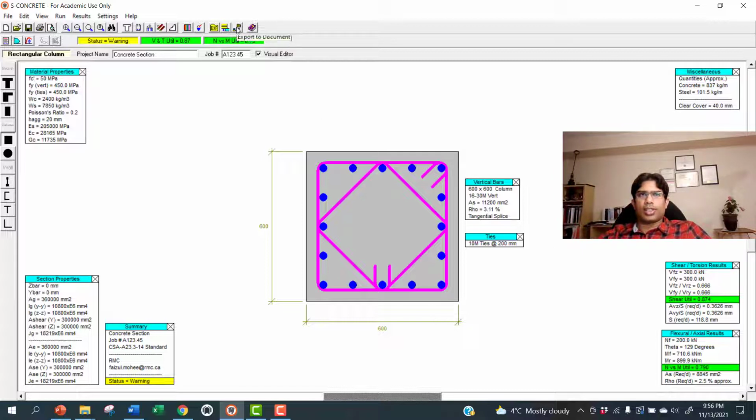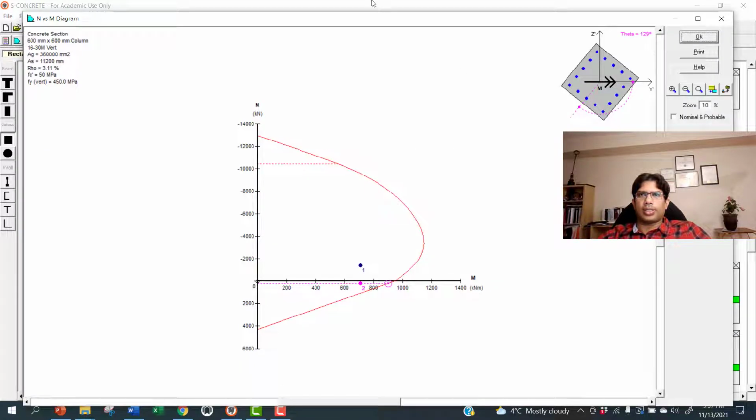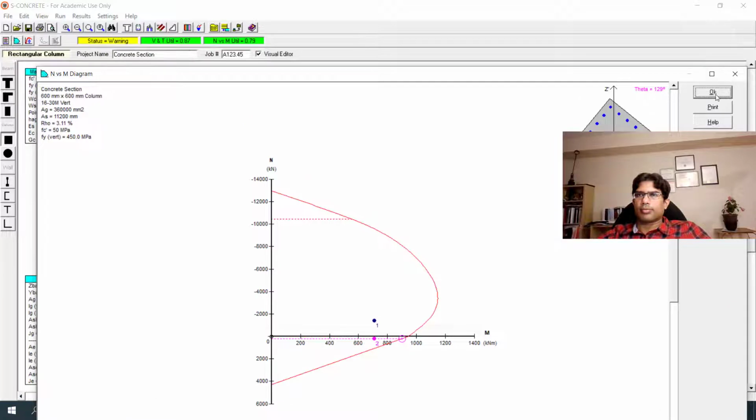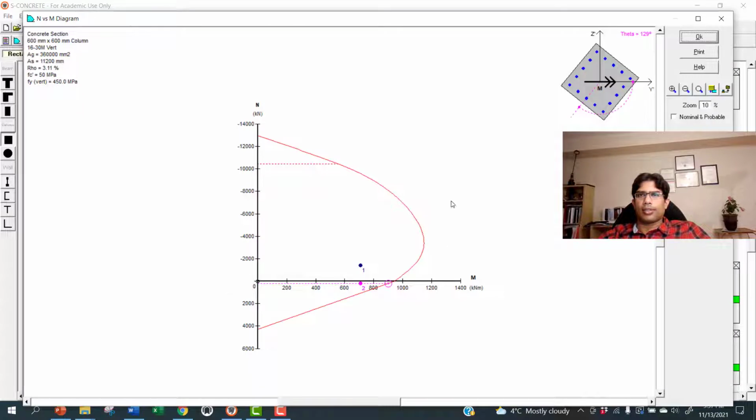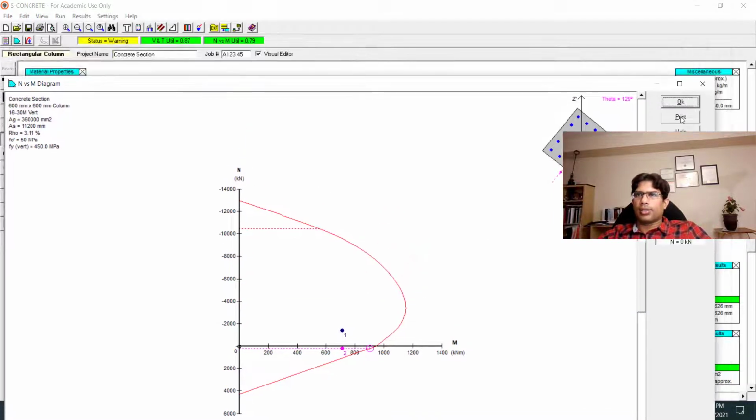And you can also click on this button to export to document, and you can always play with these different options. You can put different colors, different increments, and preferences, and you can also show the interaction diagram. If you see n versus m diagram here, you can click there to get this. I'm showing it again. If you click on this button, then it will show the interaction diagram, and you can click on the print to print the diagram, or you can always just take a snapshot.